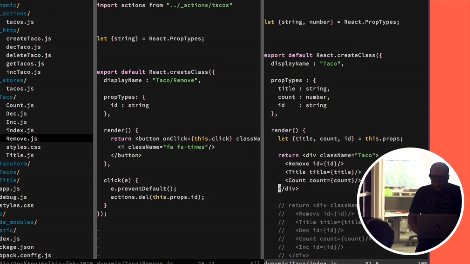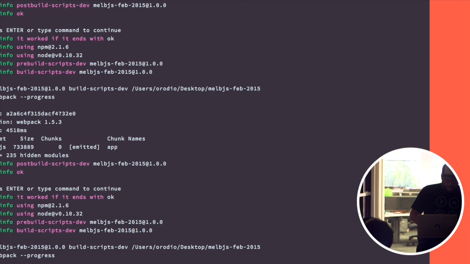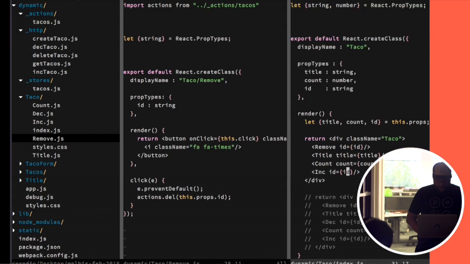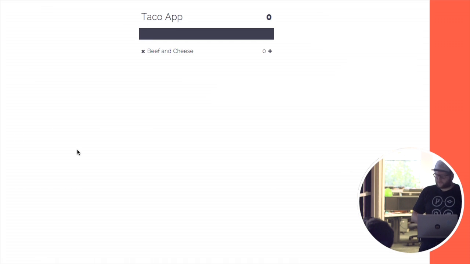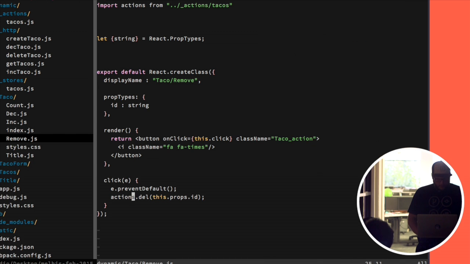So we'll have an inc button. These names are horrible, by the way. This isn't actually what we would call things. I need to stop pressing that key. But now we have a plus button. Once again, it doesn't actually do anything. So what we need to do is